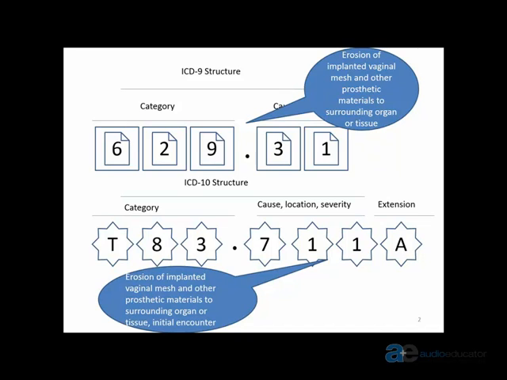So now suddenly they're going to be visualizing something that looks entirely different, and that may lead people to say, oh, well, it's too hard, I can't figure out these codes, that kind of thing. But just think of it as an identifier. It has more things attached to it, but the basic explanation of the code is going to be typically the same, with some differences that will go along as we go through this